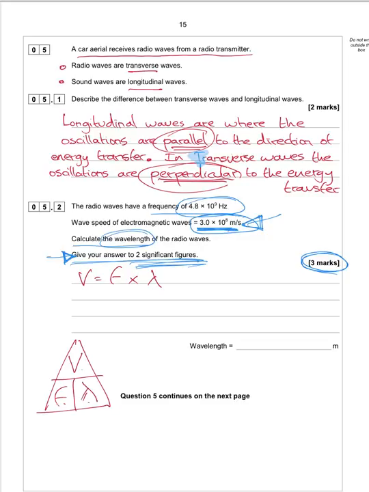So if you want to work out the wavelength, you know how to use these equation triangles. If you cover up wavelength, then what's left over is v over f. So in this case it is speed, 3 times 10 to the 8, divided by the frequency, which is 4.8 times 10 to the 9, and so your wavelength ends up being, on your calculator,